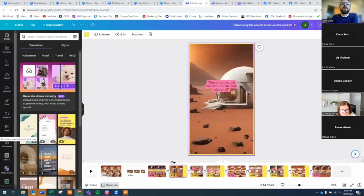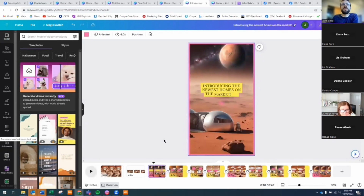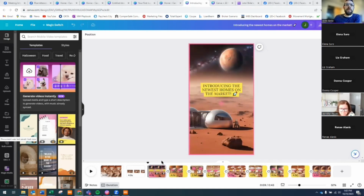Well, it tried to. It looks like it did. Let's try it. Hold on. Looks like it created it. Let's take a look here. Let me make sure I am sharing the sound. I don't think it put the sound in there. I think that's where it messed up. Normally it would have music along with it. So in that case, let's go ahead and,